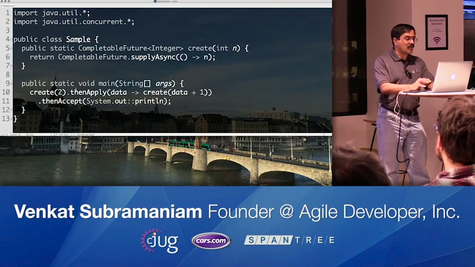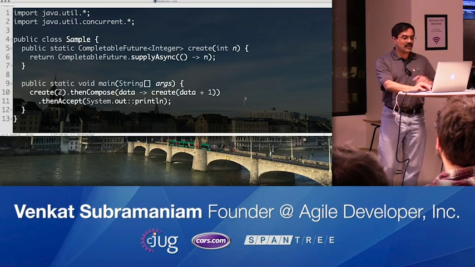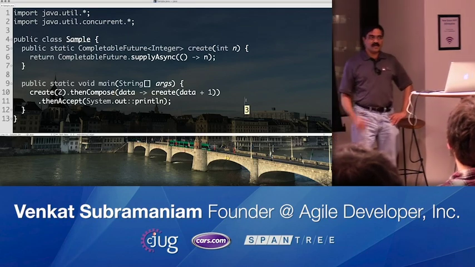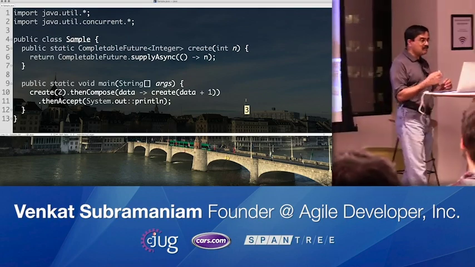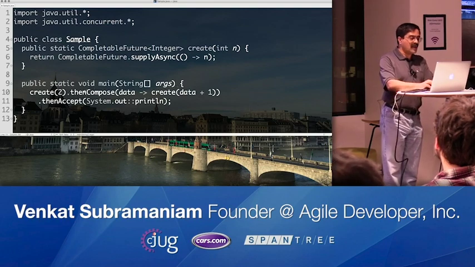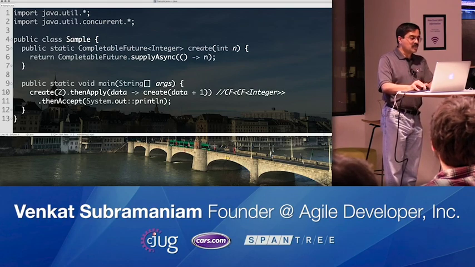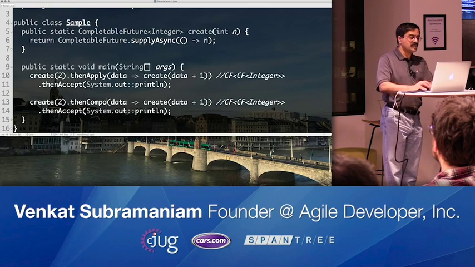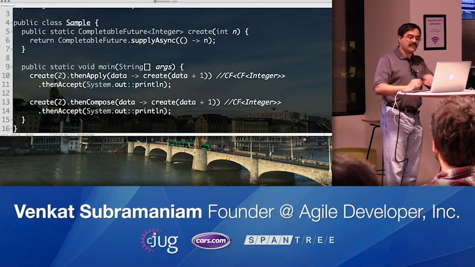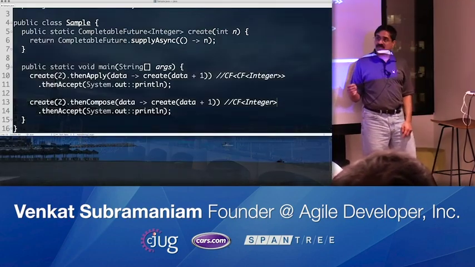But all I'm going to do now is to simply say compose. And when I run this code right now, you can see that it's a result, not a CompletableFuture. So in other words, the return type that we had a minute ago, when I wrote thenApply, this became a CompletableFuture of CompletableFuture of Integer. But I don't want that. So what I'm doing instead is the following, right? I'm saying this is going to be thenCompose, and this becomes a CompletableFuture of Integer that we can use. So that's the flattening operation that's happening, and that's the purpose of the thenCompose.